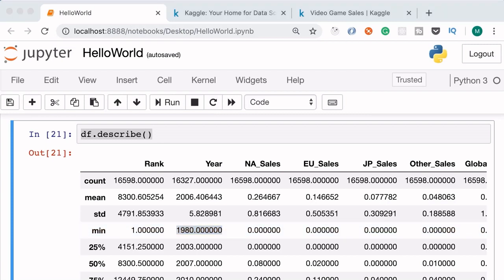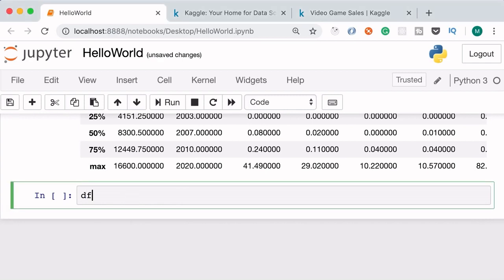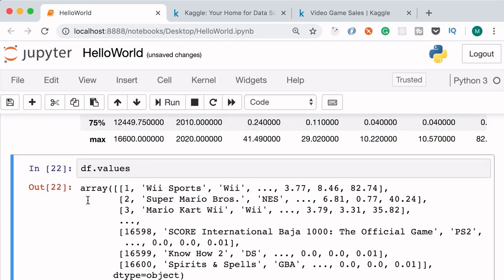So quite often when we work with a new data set, we call the describe method to get some basic statistics about our data. Let me show you another useful attribute. So in the next segment, let's type df.values. Let's run this. As you can see, this returns a two-dimensional array. This square bracket indicates the outer array, and the second one represents the inner array. So the first element in our outer array is an array itself. These are the values in this array, which basically represent the first row in our data set. So the video game with ranking 1, which is called Wii Sports.